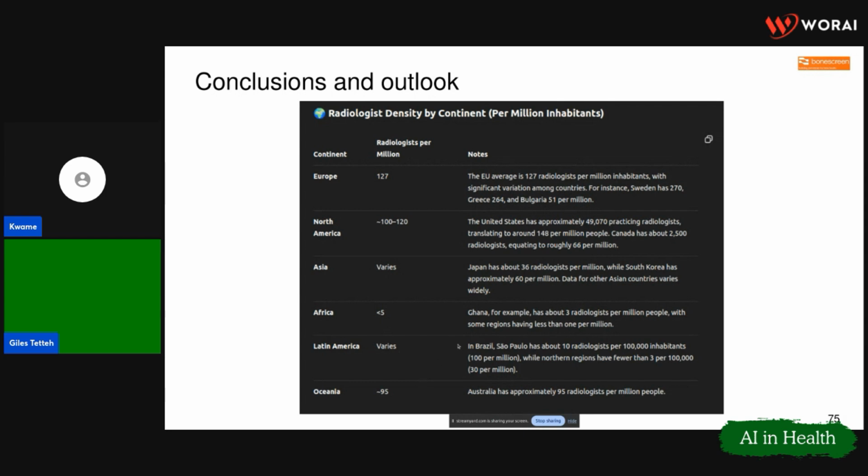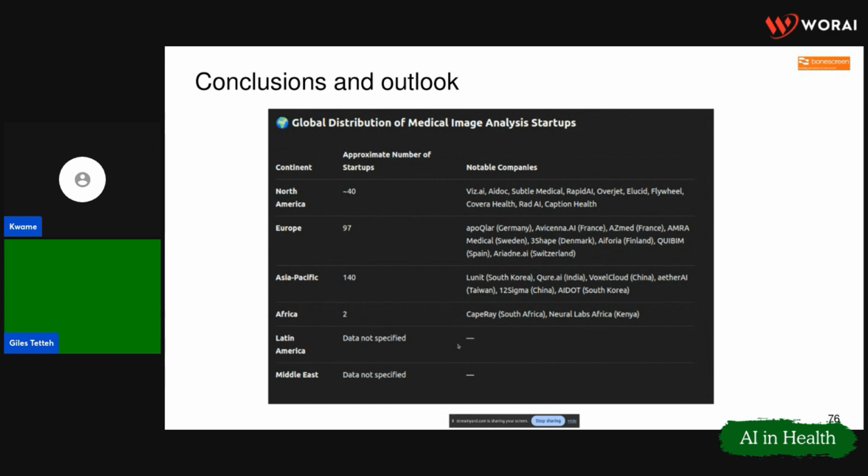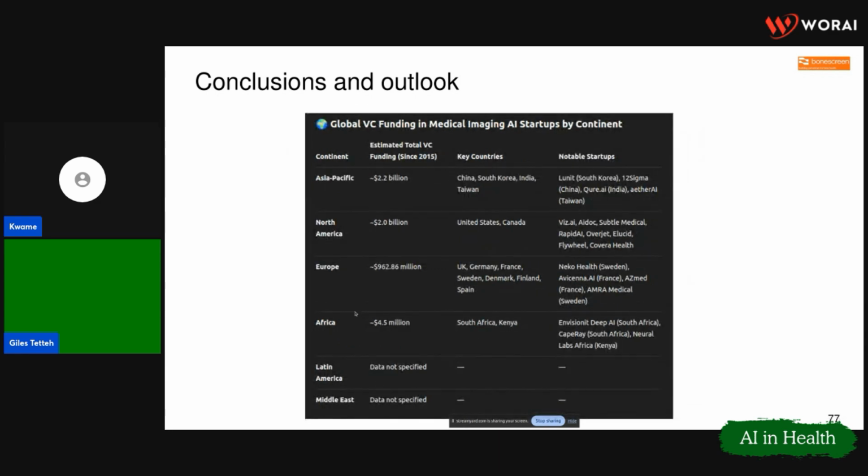Just note that down. Then let's look at the medical image analysis startups also per continent, and we still see Africa doing poorly down here too. Finally, let's look at VC funding in medical imaging, and we see 4.5 million versus billions of